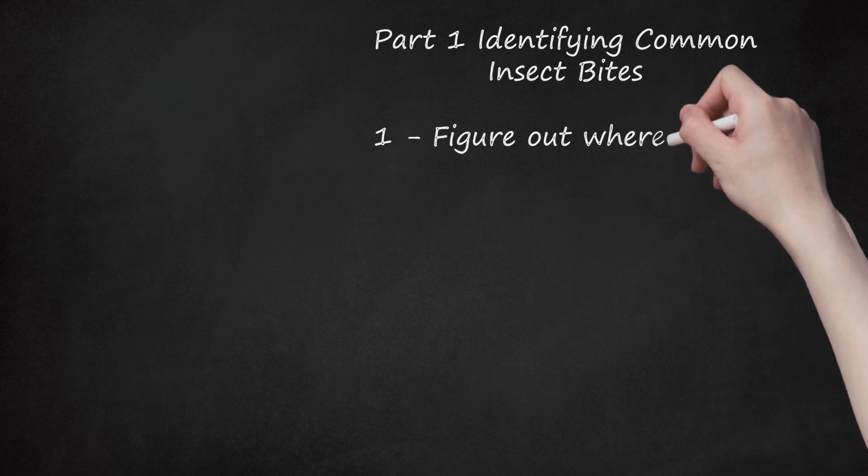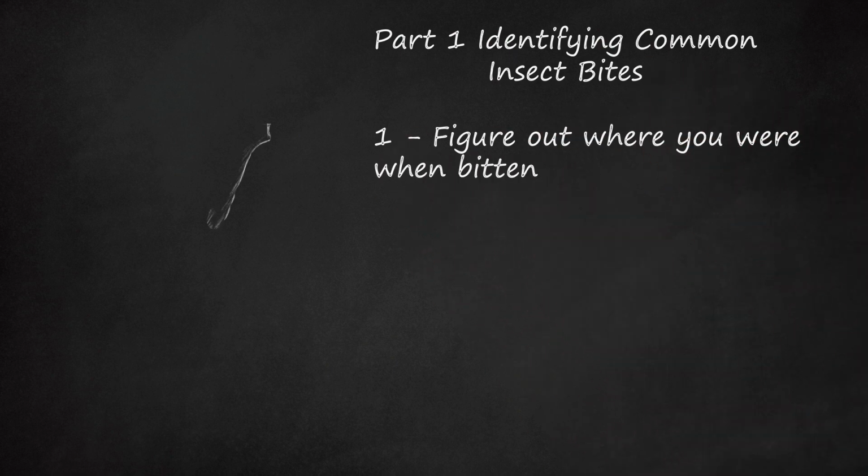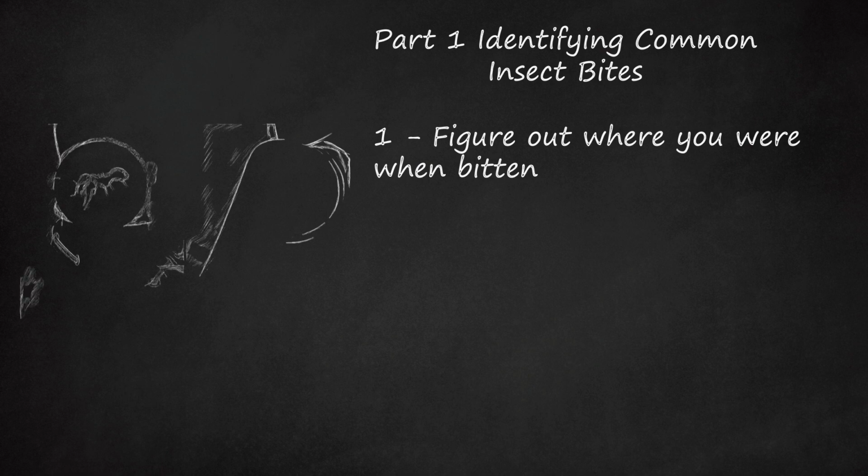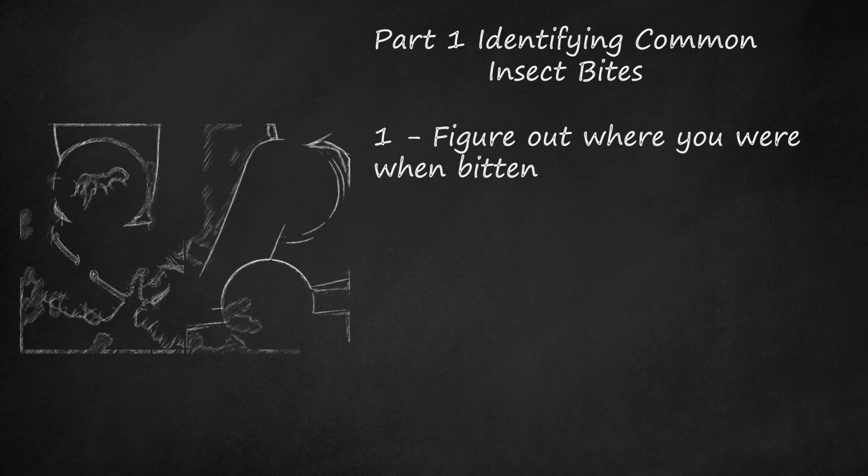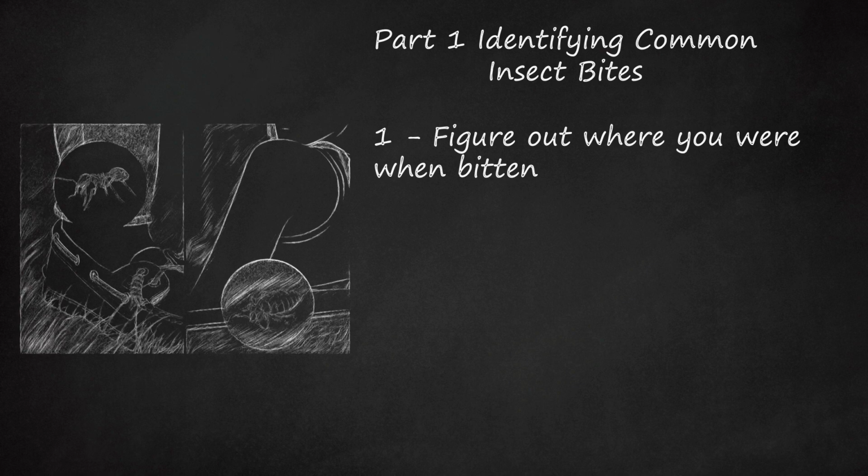1. Figure out where you were when bitten. Different insects live in different places, and there are certain circumstances where it is more likely to be bitten by each of them. If you were outdoors, and perhaps near a wooded area, you were probably bitten by a mosquito, tick, or fire ant. If you were near food or garbage, you may have been bitten by a fly, or stung by a bee. If you were indoors, sitting somewhere, or playing with a pet, it may be fleas or